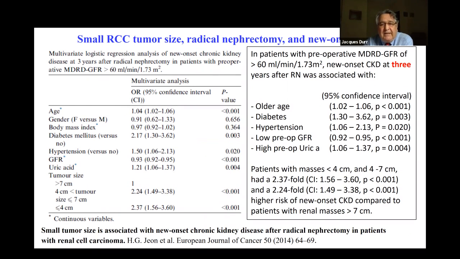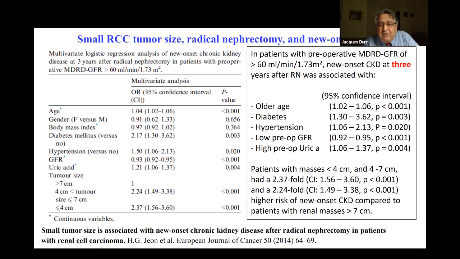They looked at the predictors of fall in GFR: older age, diabetes, hypertension, low GFR to start with, and high uric acid. And what they found is patients with small tumor had a 2.3-fold higher risk for new onset renal failure as compared to patient with large